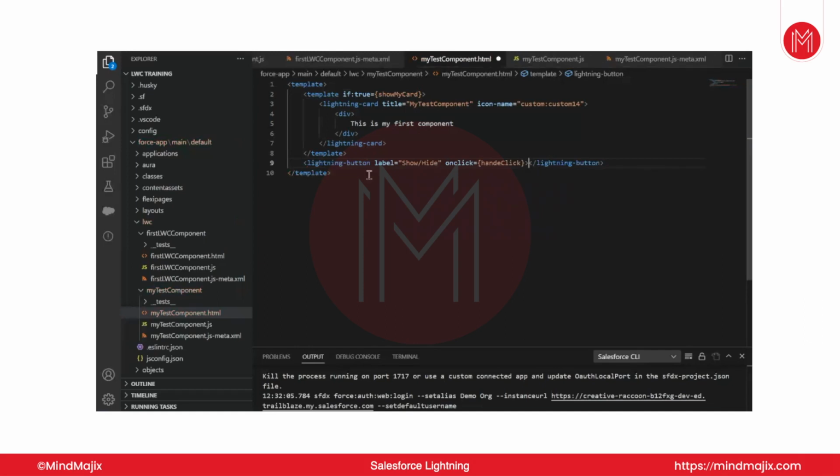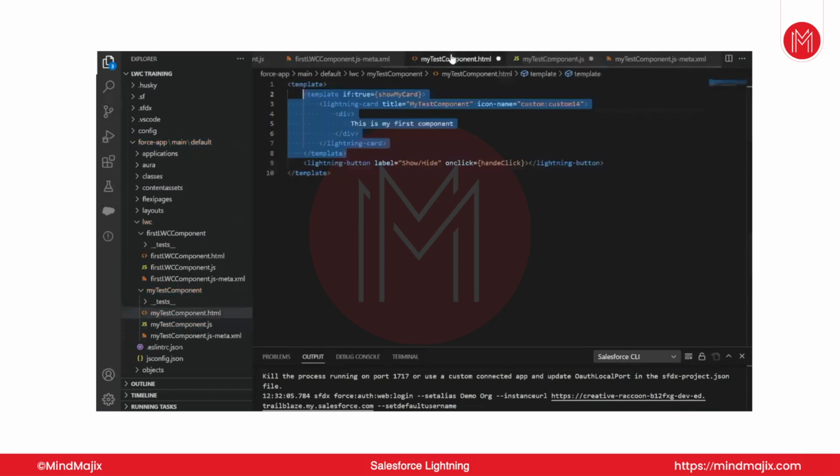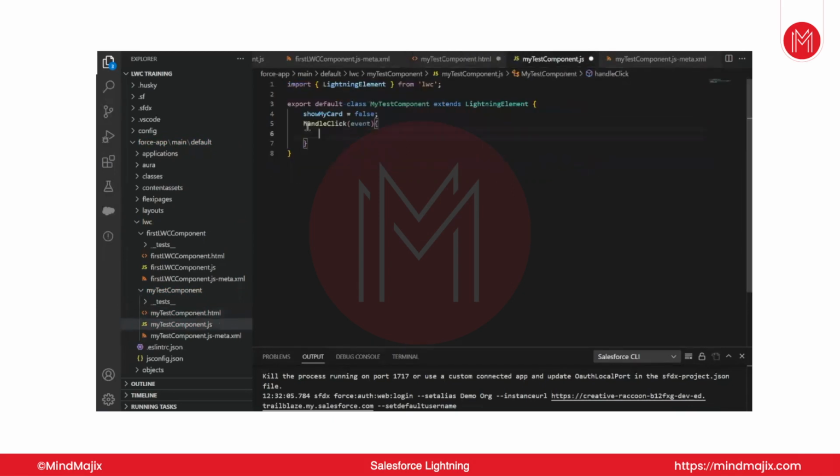I close this. And mind you, I'm having this lightning button outside the template so that at least it is visible. If I add this lightning button inside the if:true template, it is not going to be visible, right? Now I go here and I say handleClick. This was my method which I mentioned here, that whenever you are clicking this button, this particular method should be called, handleClick. So this is my method, and whenever this is called, I want to turn this particular variable to